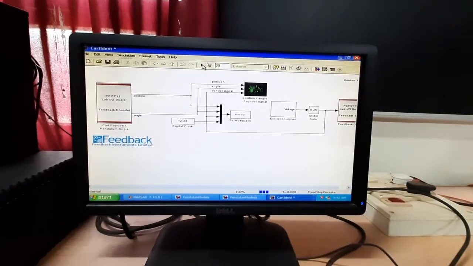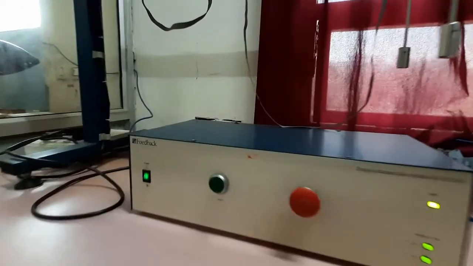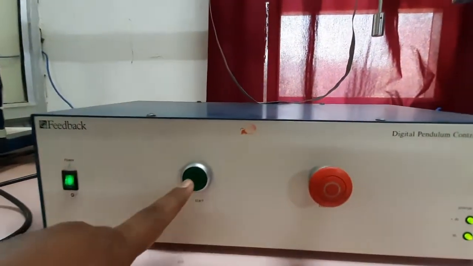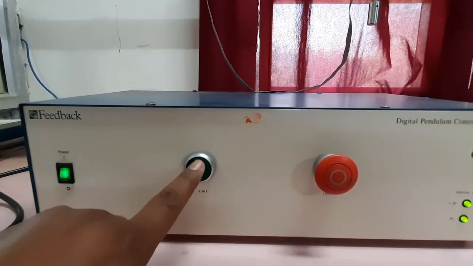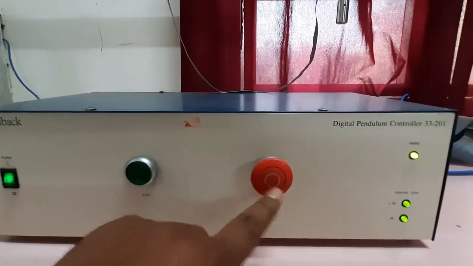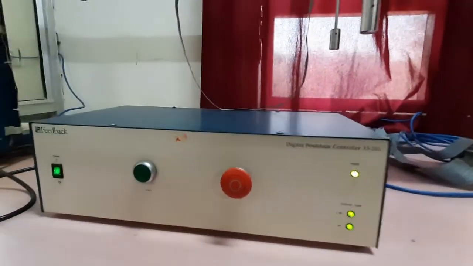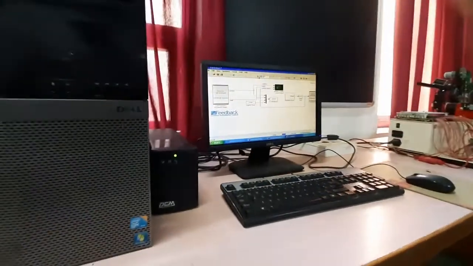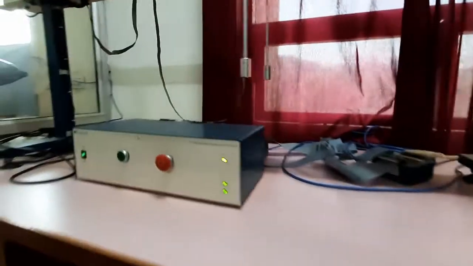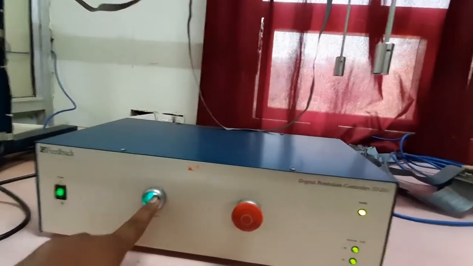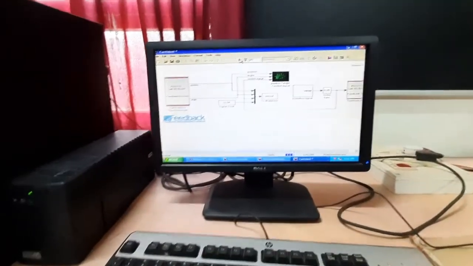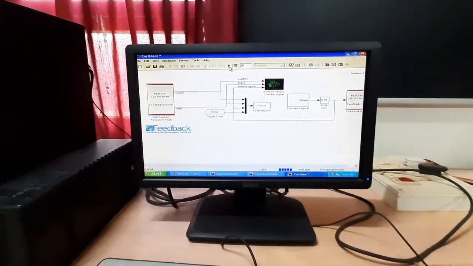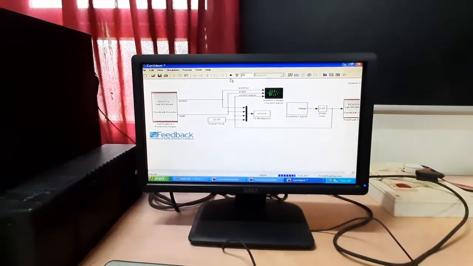So we have to click here and press this start button of the hardware part, and this one is our stop button. Okay, we have to press the start button, then click this play button.